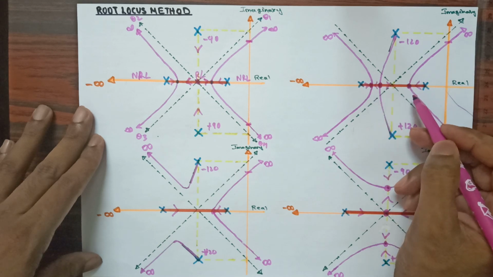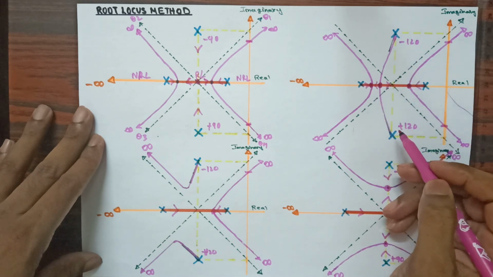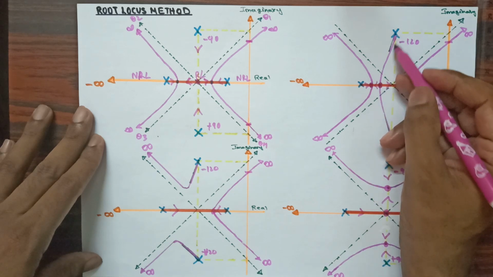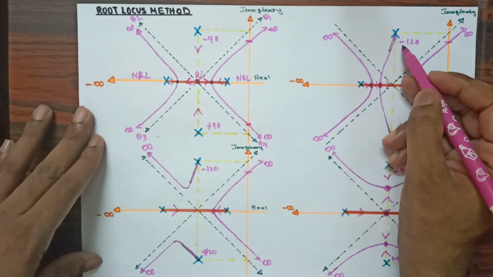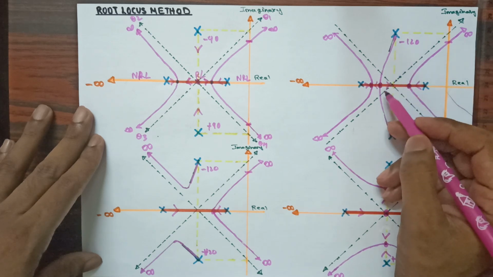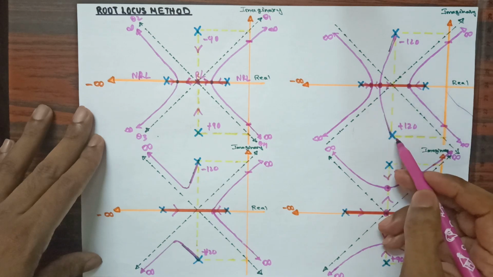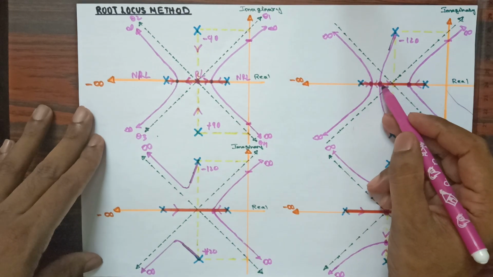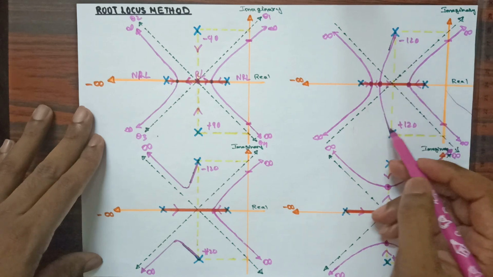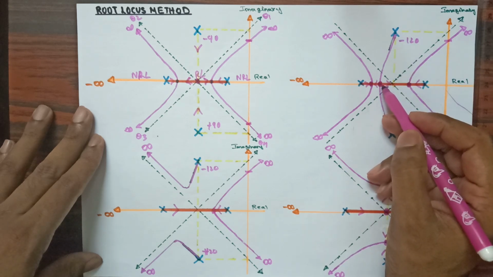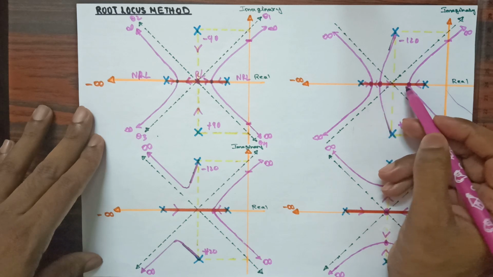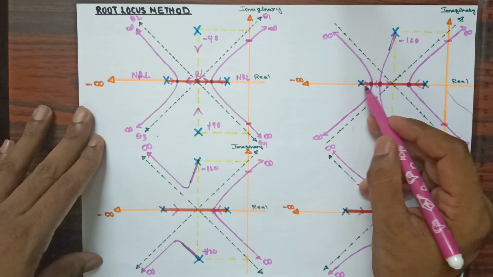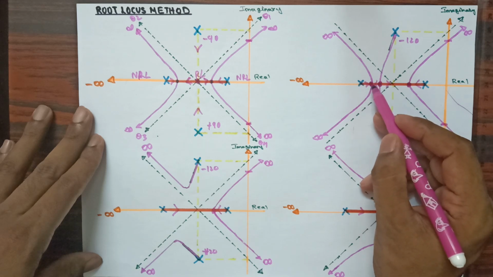Among these 3 breakaway points, for these 2 poles the nearest breakaway point is this one. They are going to come out at a certain angle, that is this pole will come out at minus 120 degrees, and it will find this breakaway point, and this pole will come out with plus 120 degrees, and it will find this point to meet. So once they meet, one pole will come out in this direction and the other pole will come out in this direction, and already this pole was moving in this direction. They are going to meet at this breakaway point.